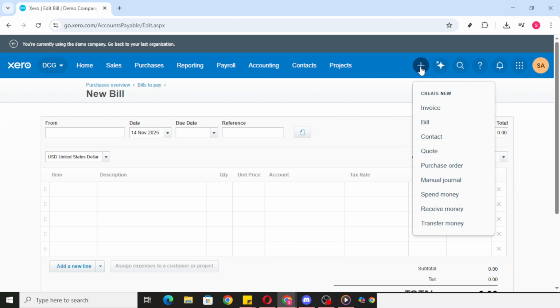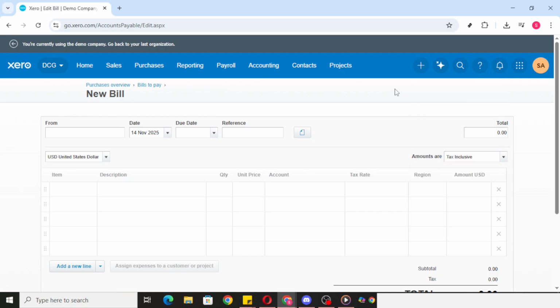Now, from the menu that appears, you'll want to select Bill. This option allows you to record purchase invoices, which is an essential part of managing your business's accounts payable. You will now be directed to a new page where you can enter all the necessary details about the invoice